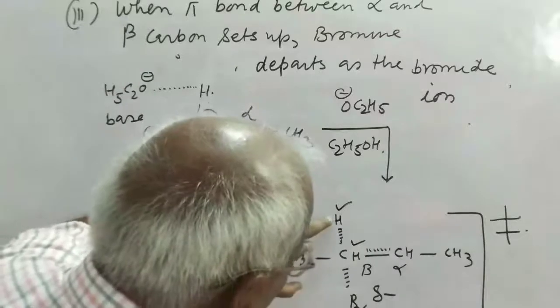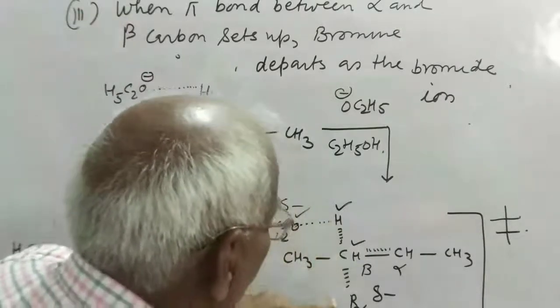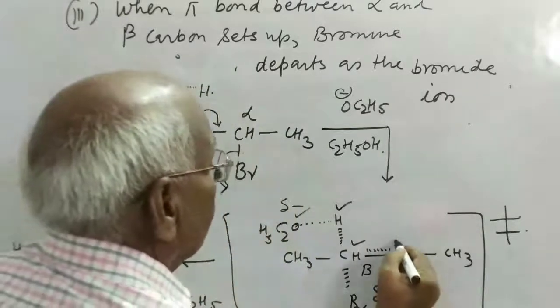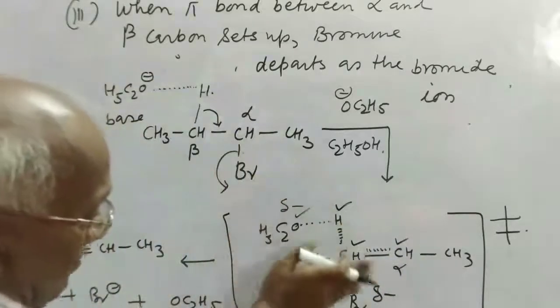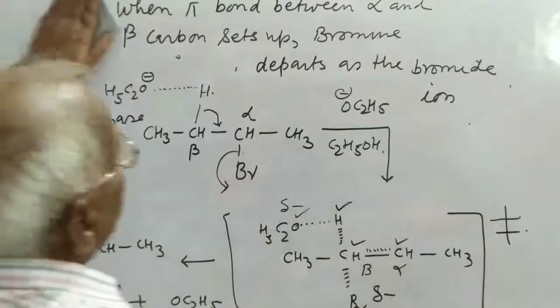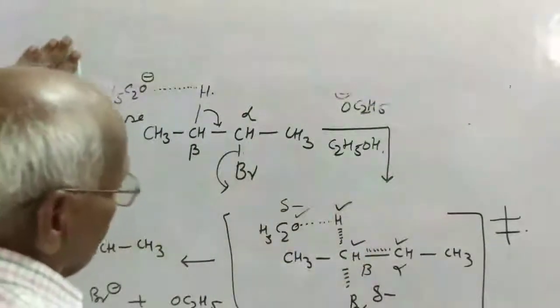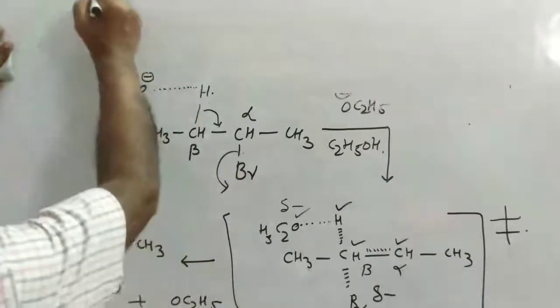1, 2, 3, 4, and this is also in the race. So 5 carbon atoms are together and all are in the same plane. So plane is not important to mention. The only thing important to say is that in the transition state